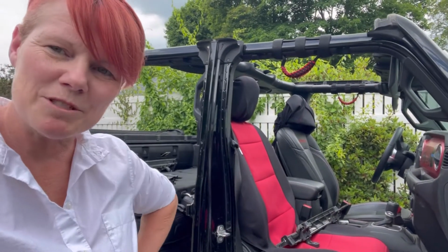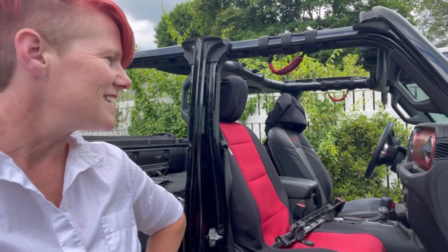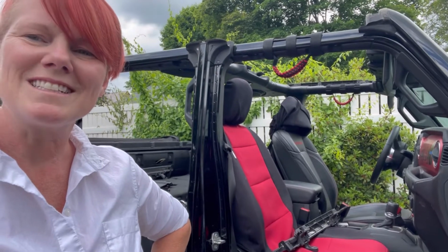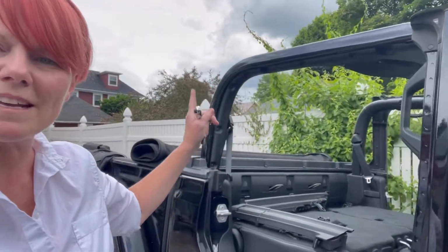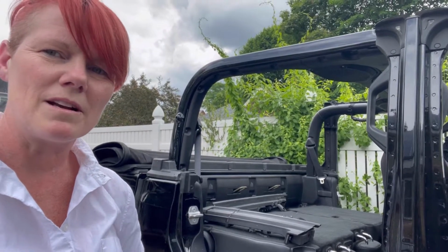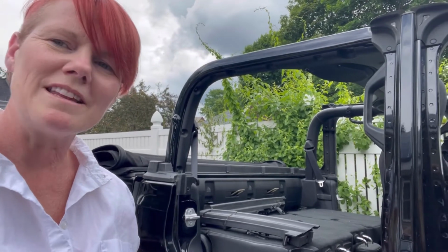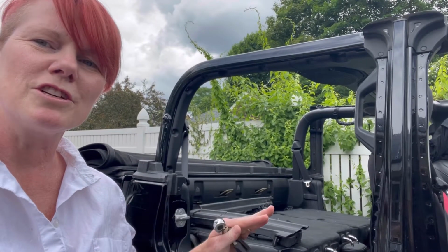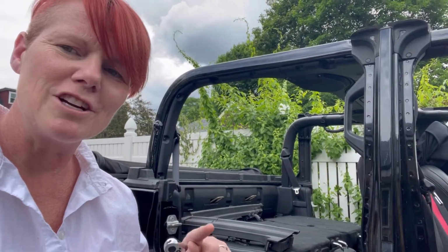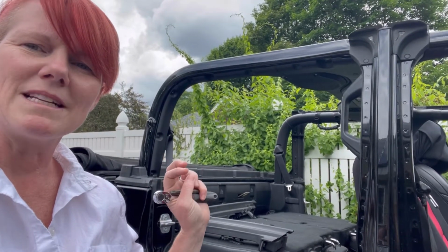Okay, this is how the Jeep should always look, but we do not live in an environment where I can keep it like this year round or even all summer. It does rain. I love when it's naked. I like the curve back here. And the sad part is we lose that curve once I put the soft top on. It makes it a little bit more boxy. I'm a little disappointed in that. I'm hoping that in the near future, they do make a top that is more rounded and curvier and makes it a little bit more sleek